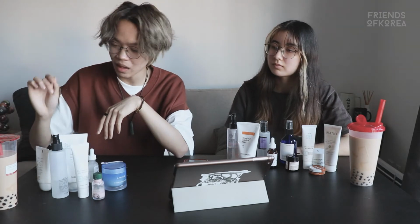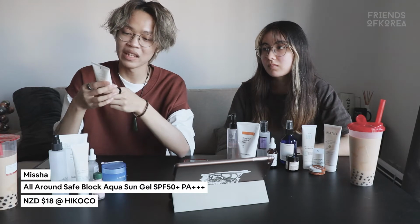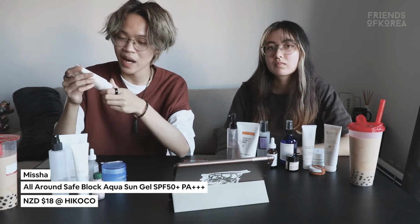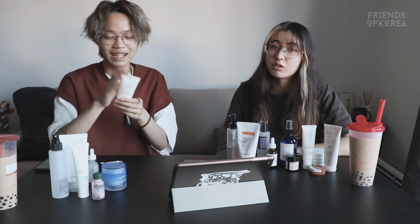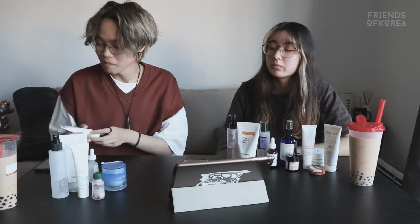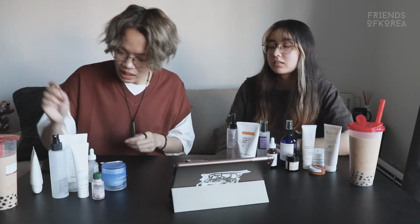Definitely need that. And then I finish off with the Missha Aqua Sun Gel. Same as Tanya's one, it has SPF 50 plus. It lasts about 4 hours and a reapplication is highly recommended after the 4 hours. Highly recommended, especially in New Zealand. Yeah. Cool. And we're finished with that, and now we can move on to my night routine, which starts